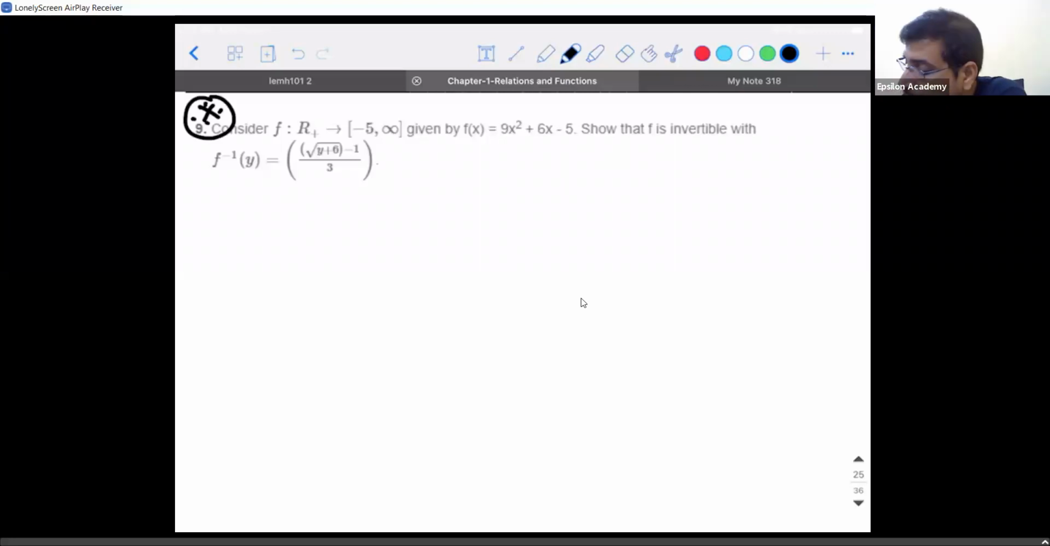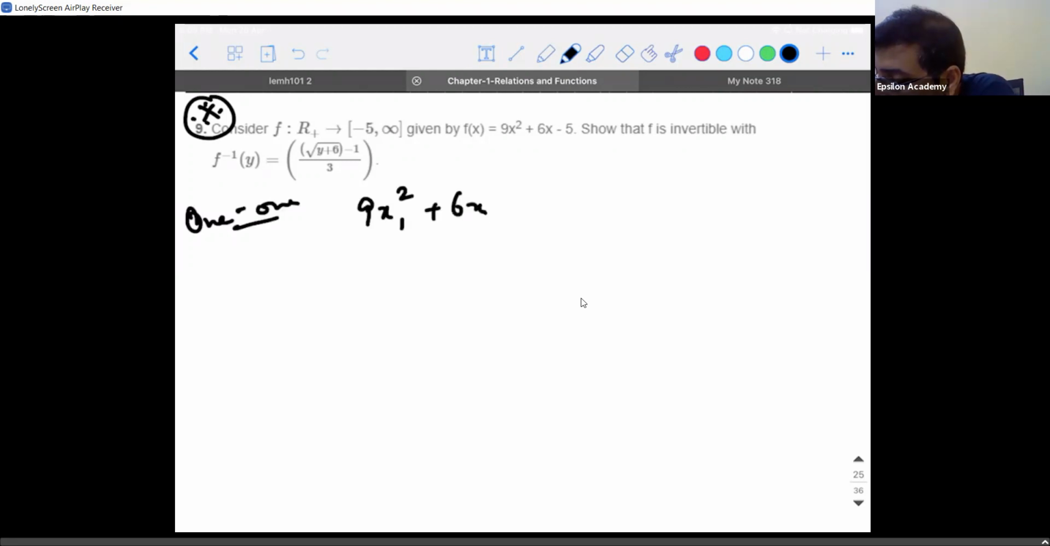f(x) = 9x² + 6x − 5. Show that f is invertible. Let's try to prove it now. I'll prove it's a one-to-one function. How do I do it? 9x1² + 6x1 − 5 = 9x2² + 6x2 − 5, where